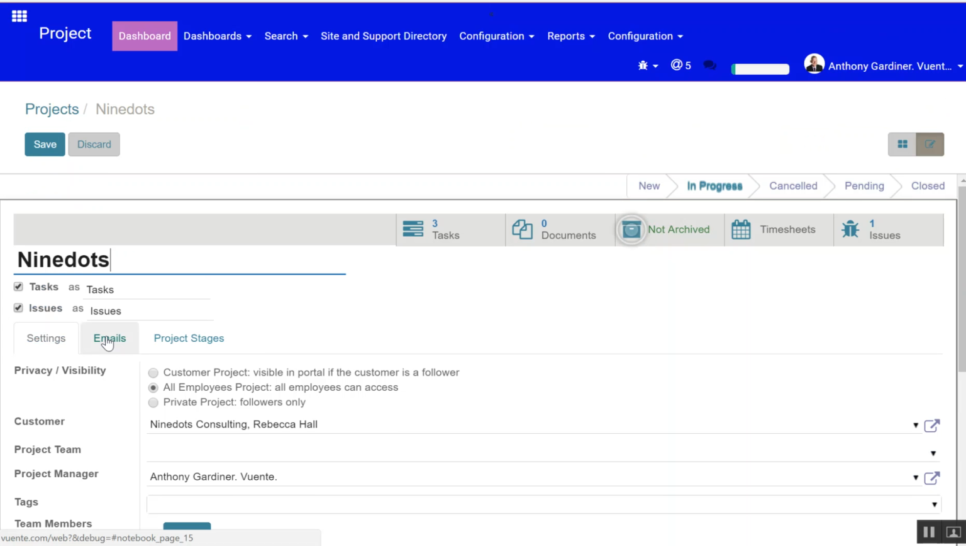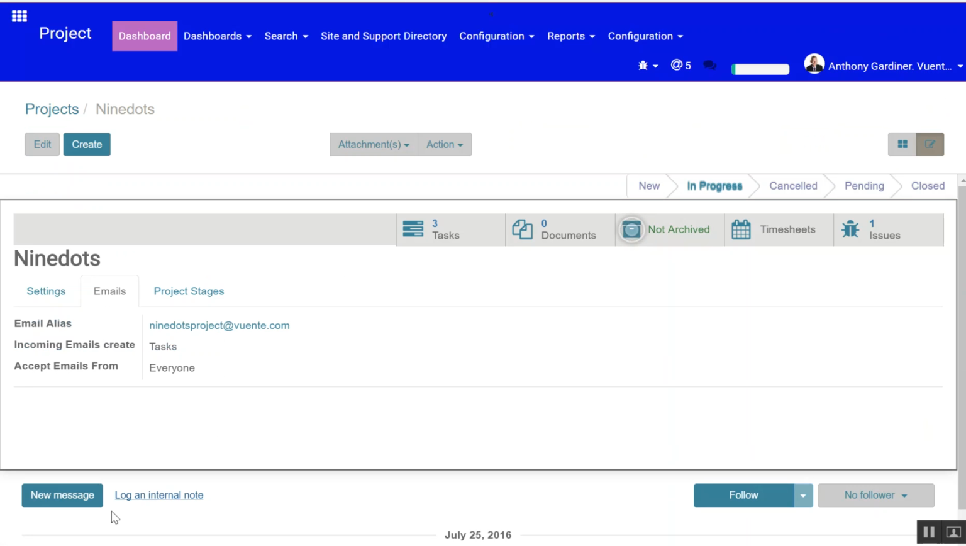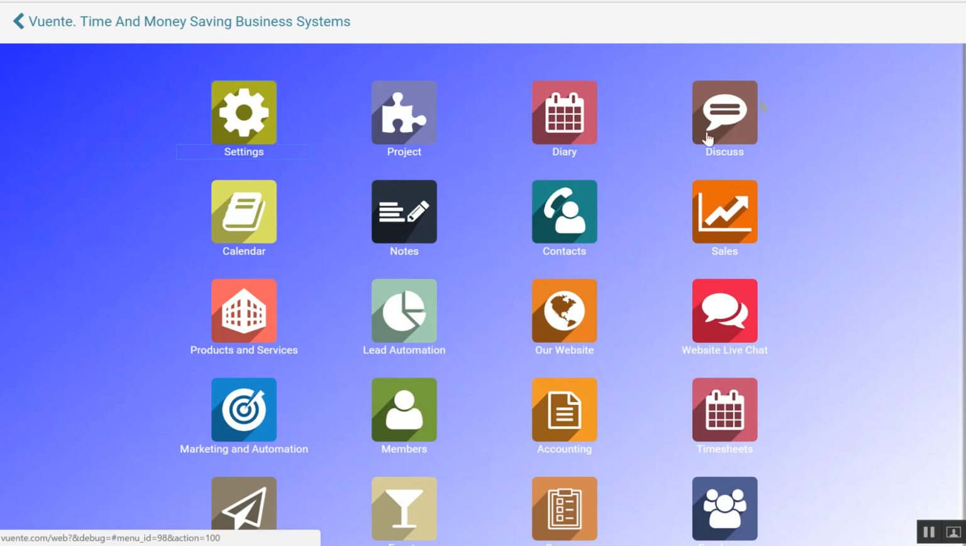and then in here, we've got emails, and we've got our 9 dots at vuente.com. So I'm going to call that 9 dots project. Okay, so I'm going to save that. Now, once the messages start coming through, you'll start to see that it's got the send messages and what have you. And we're hoping that we're creating now a mail thread, or at least stage 1 is going to be